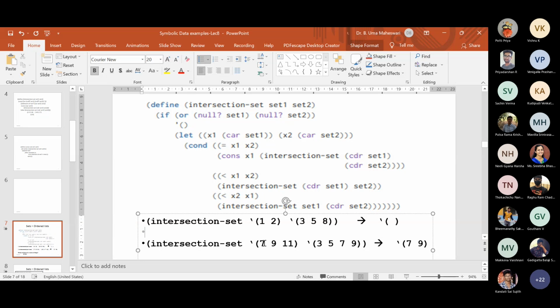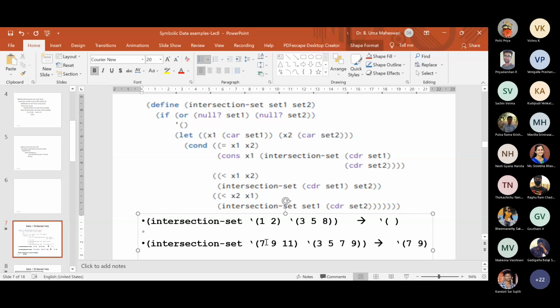First of all, we take the car of S1 and the car of S2 and check if they are equal. If they are equal, it will always come in the new set. So if x1 is equal to x2, you construct the list with x1 and call the same procedure once again with the CDR of S1 and CDR of S2, right?